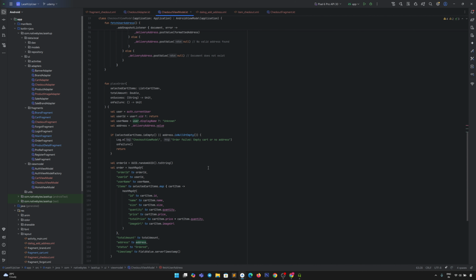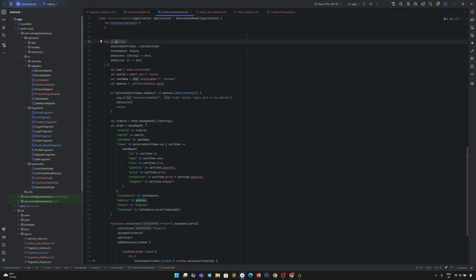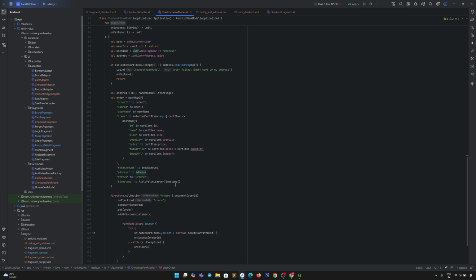All right. And then we have a place order function here. This is where the real magic happens. We create a new order document in Firestore. We generate a unique ID. Then we prepare a hash map, right?